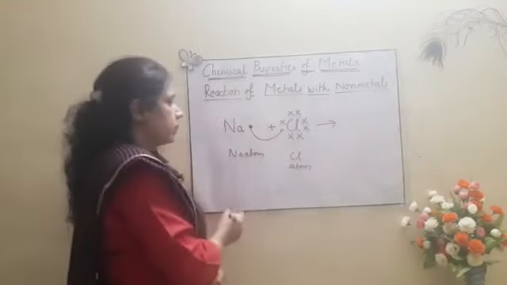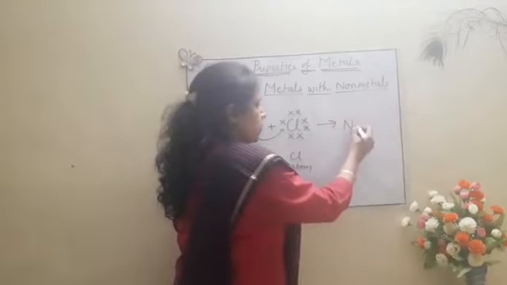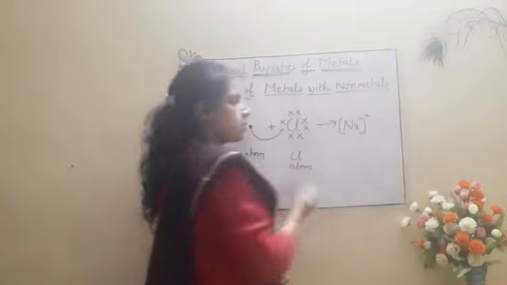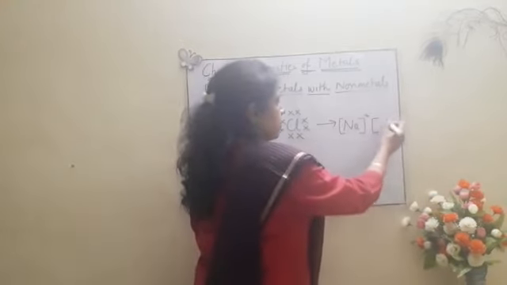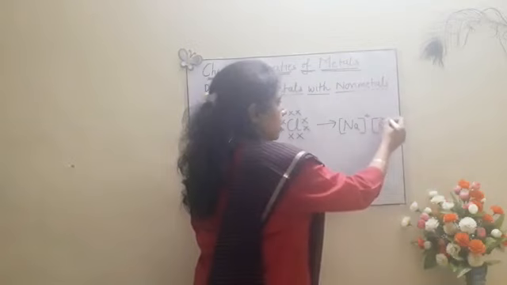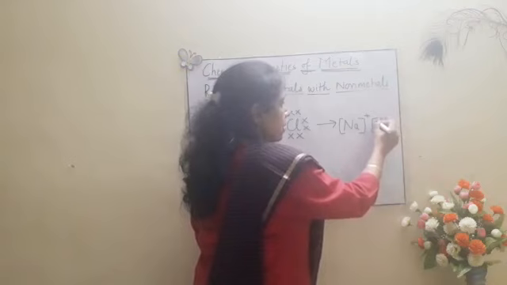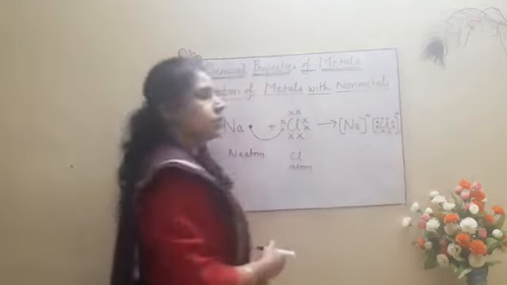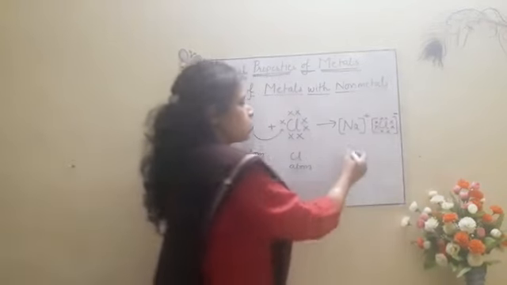After the transfer, sodium will acquire positive charge. So, sodium ion will be represented as Na. Put it in a bracket and write plus sign here. And chloride ion will be represented like this, with 8 electrons, 1 coming from sodium and remaining electrons of itself, and negative charge. So this is the electron dot structure of sodium chloride